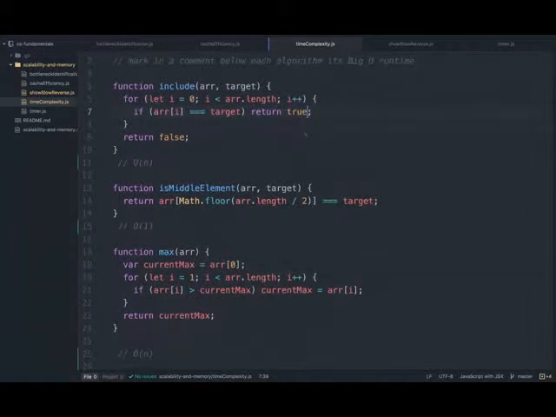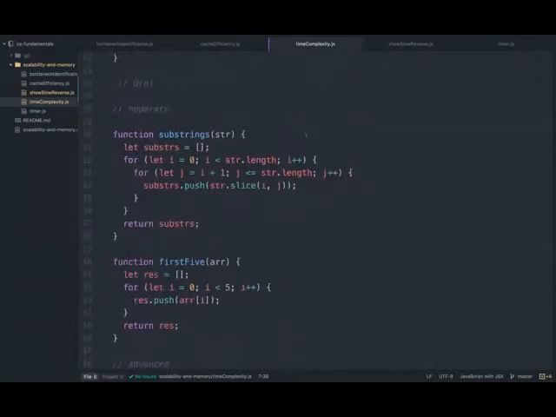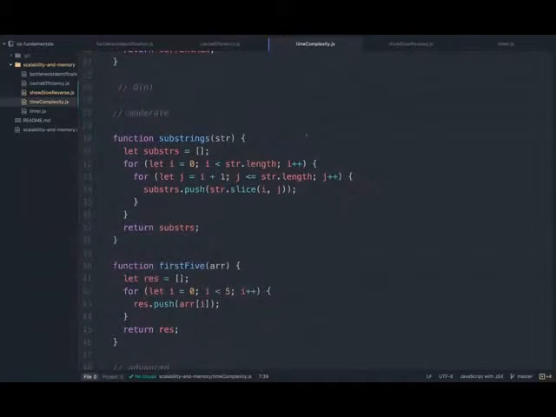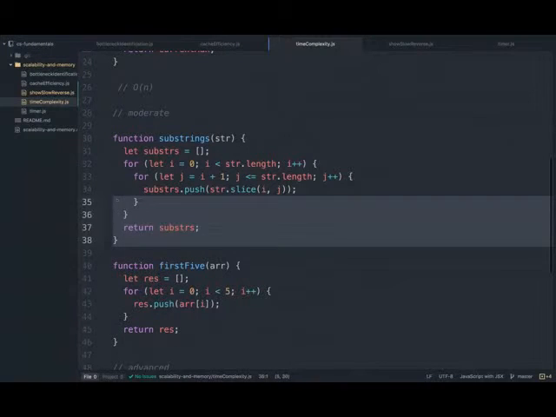Okay, cool. So these are pretty simple. Let's go to the moderate cases. These are a little bit tougher. The first one here is substrings. This is the algorithm that generates all of the substrings of a string. If you don't know what a substring is, we can actually